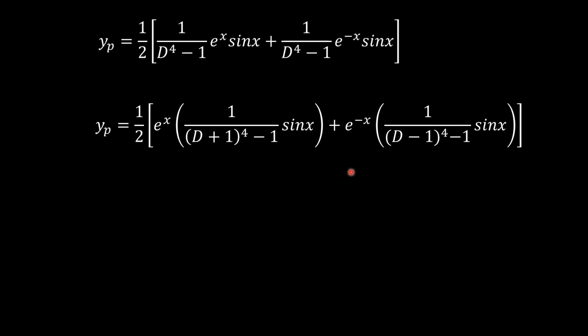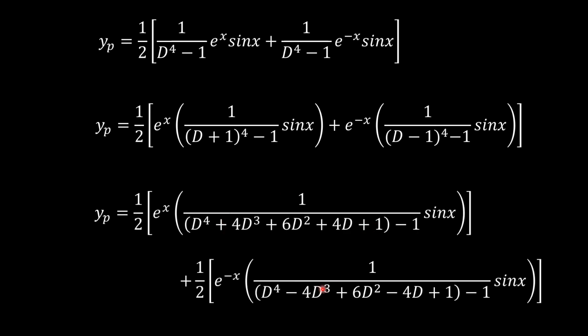Now expand these brackets. That will give us the expressions like this. So in the first term this 1 will get cancelled with minus 1, and in the second term also this 1 will get cancelled with the minus 1. Therefore the further expression is